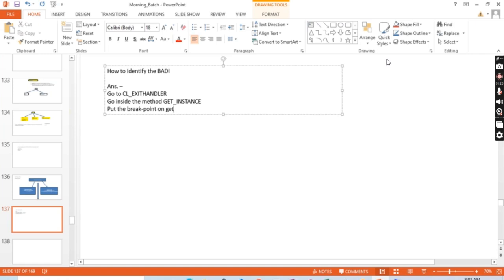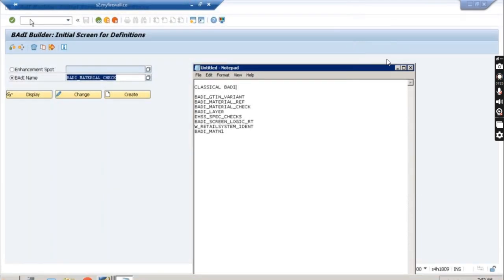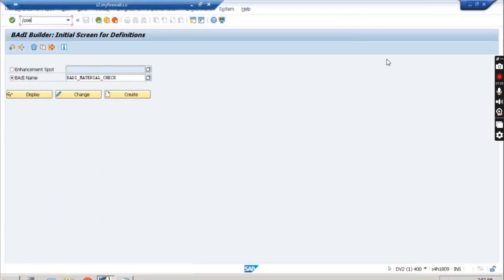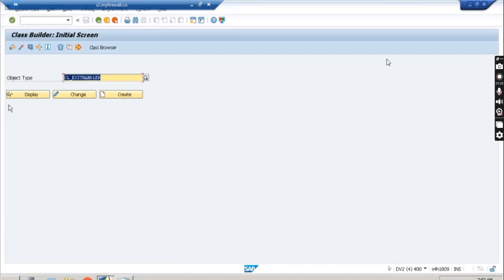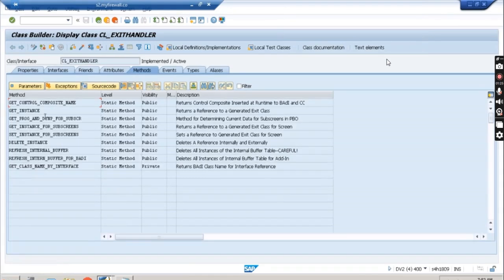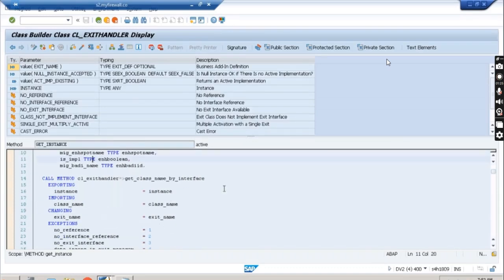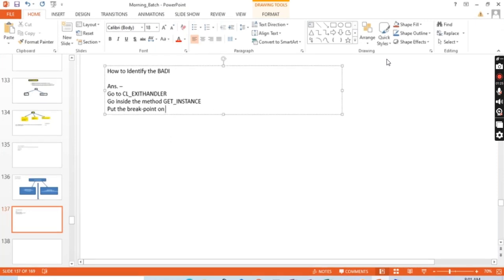get interface by class name, right? This was the name of the method, slash so AC24. So get underscore instance and get class name by interface. This is the static method, you can see. Okay, so put the breakpoint on get class name by interface, and you will have to list down